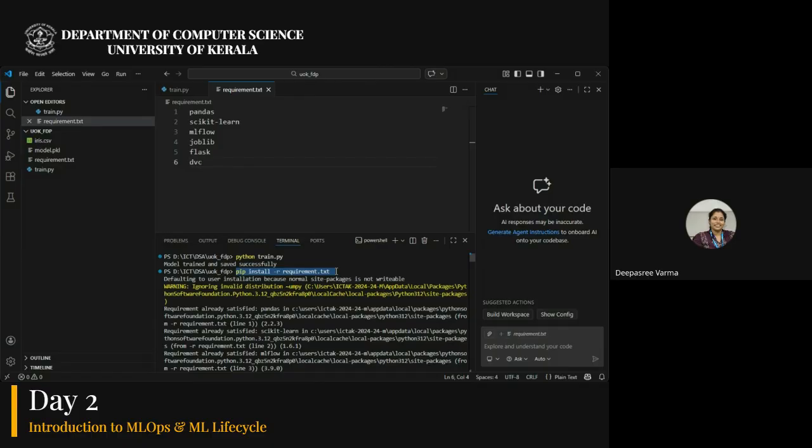It will install all the necessary libraries. These are the libraries I have specified. It will install all the necessary libraries.